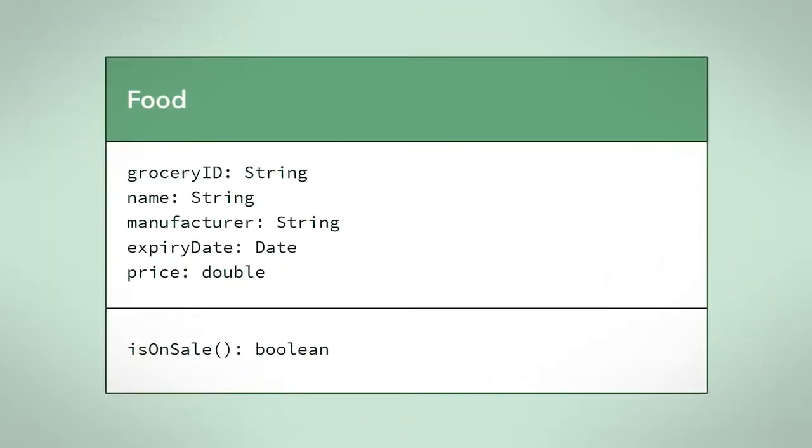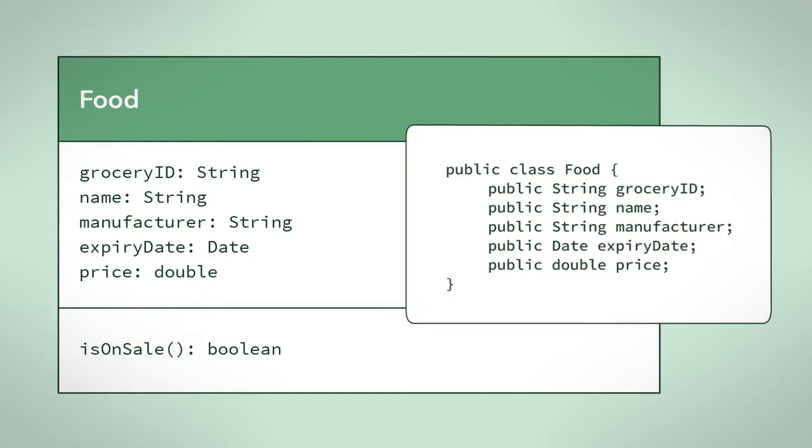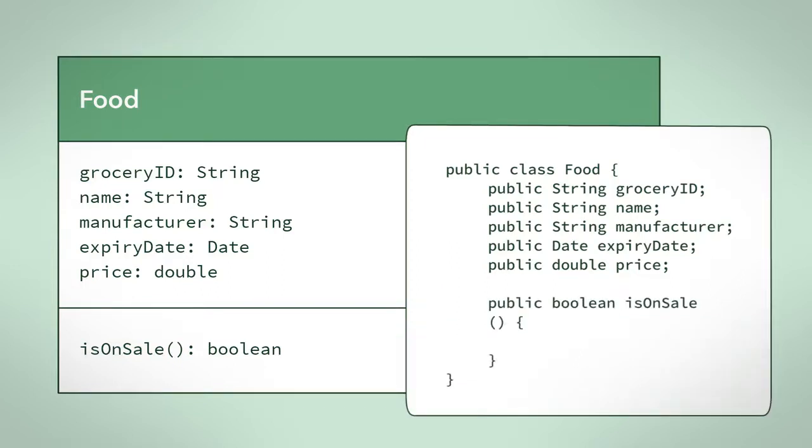Now that we have a class diagram representation, let's finally implement it in Java. Class diagrams are very close to implementation, making the translation to Java very easy. Class name in class diagram turns into a class in Java. Properties in the class diagram turn into member variables. And finally, operations turn into methods. You will probably notice that everything is public. We will assume that for now. Later, you will learn about access modifiers of member variables and methods in Java.